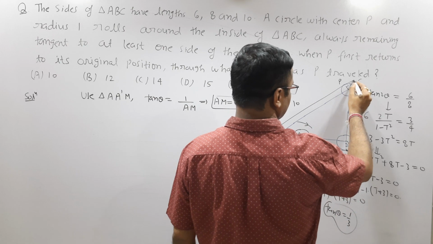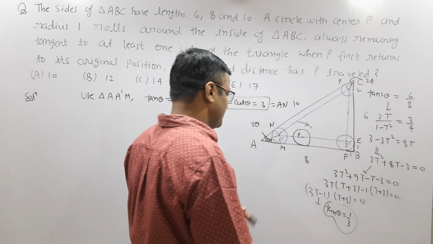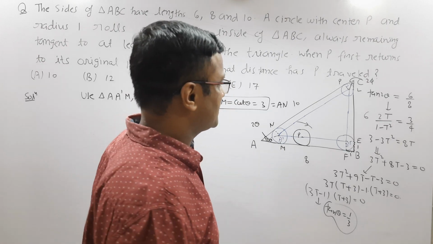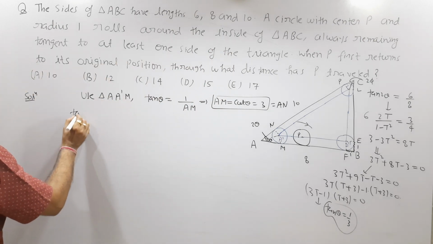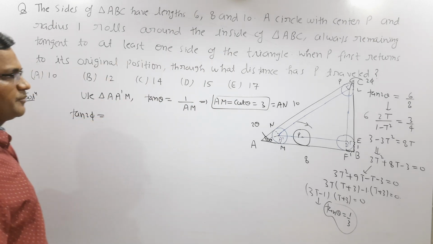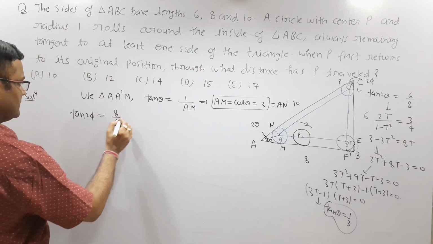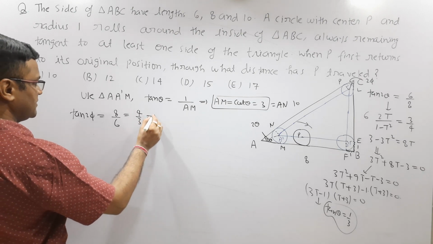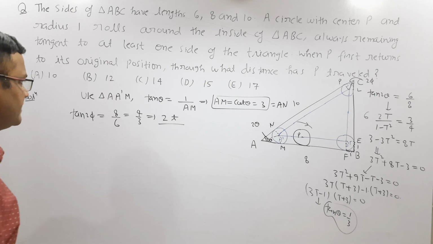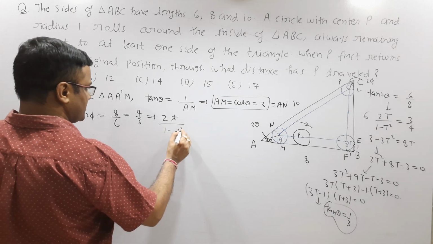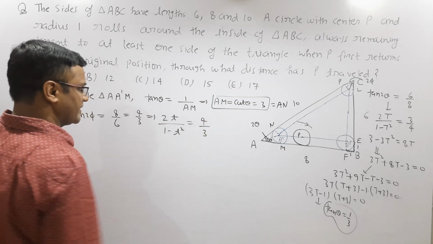Okay, connect C and C prime, and suppose this whole angle is 2 phi. Using the same approach as we used for the vertex A, we can write the value of tan 2 phi. What is the value of tan 2 phi? It is actually 8 by 6, that is 4 by 3. This will imply 2t upon 1 minus t square, where a small t represents tan phi. Use the multiple angle formula: tan 2 phi is 2 tan phi upon 1 minus tan square phi.